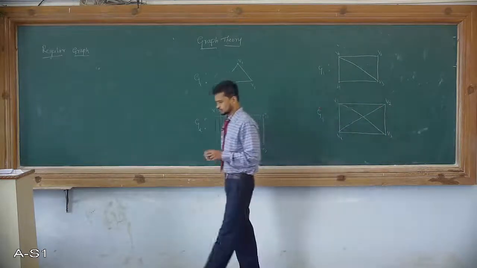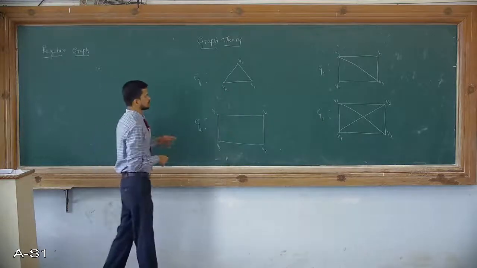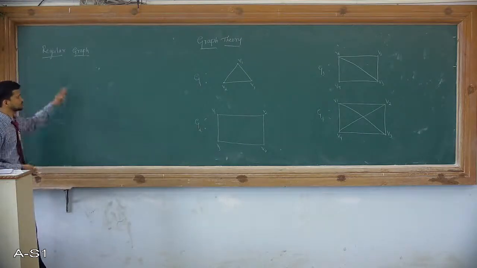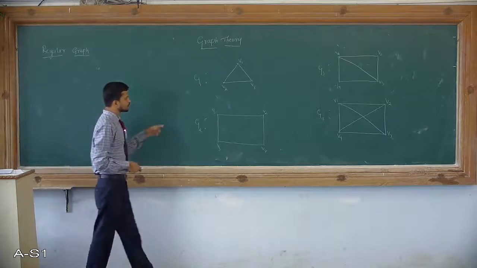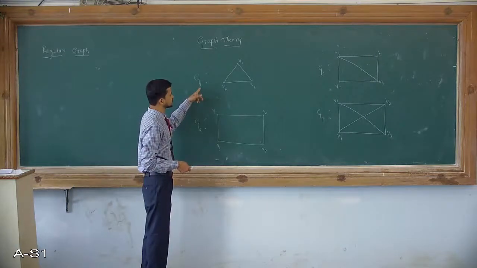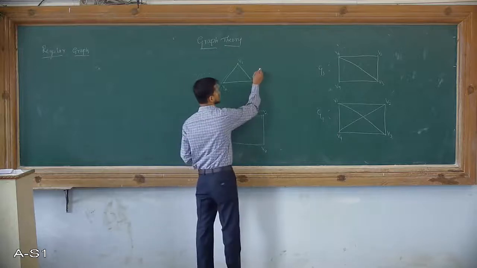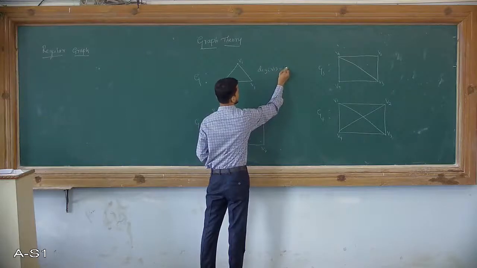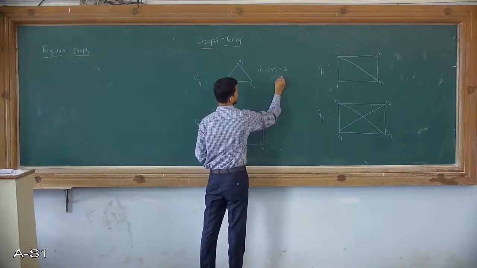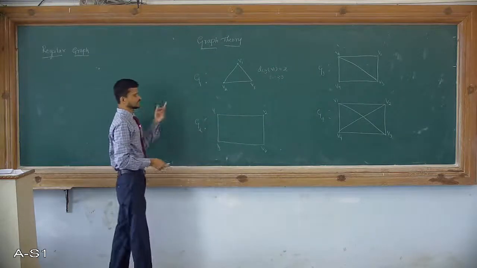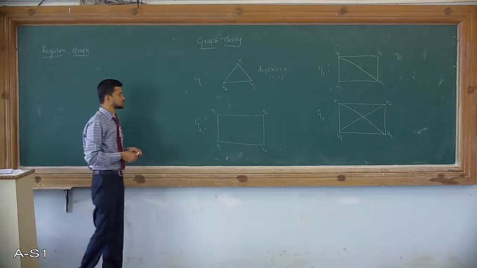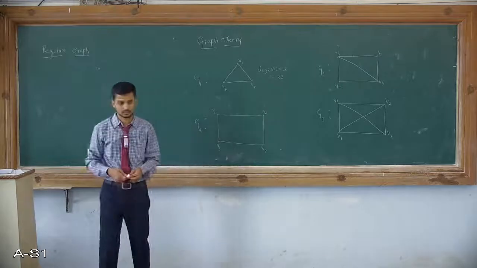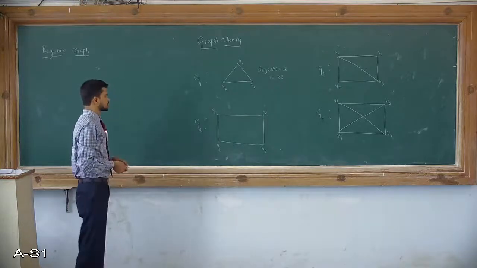If you observe these four graphs, what I want to convey here is the definition of a regular graph by taking simple examples. If you see, the degree of each vertex in G1 is 2, that is, the degree of all the vertices, I name it as Vi, here it is 2, where i is equal to 1, 2 and 3. If you take i equal to 1, it stands for vertex V1, i equal to 2 stands for vertex V2, and i equal to 3 stands for vertex V3. So therefore the degree of each vertex is 2 here.